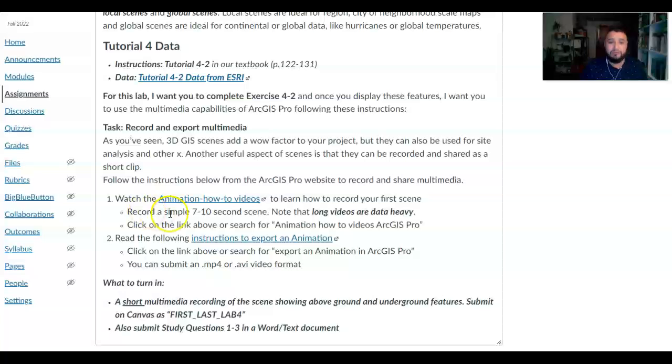So I really recommend that you watch this short video on how to record an animation. And when you record your animation, I recommend a 7 to 10 second clip, because if you record more than that, the animation can be a bit heavy. And then follow these instructions here to export the animation in ArcGIS Pro, and export it as a .mp4 or